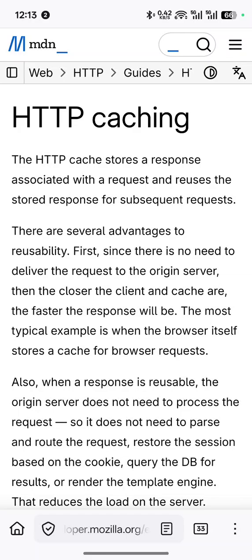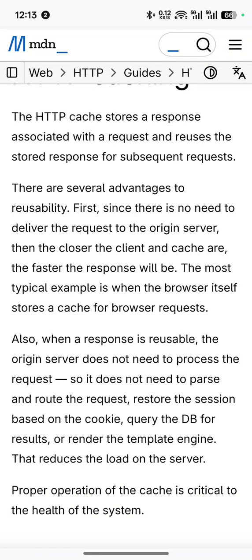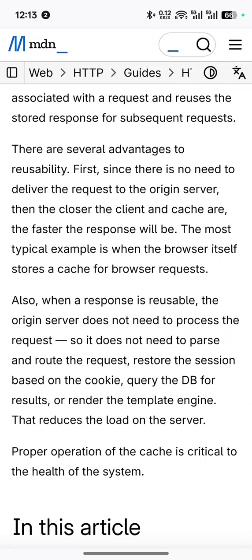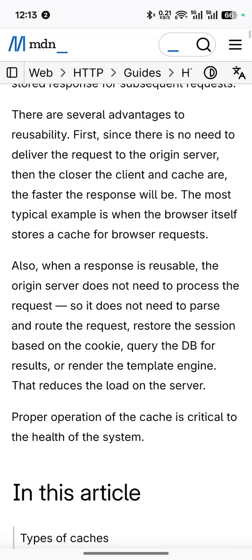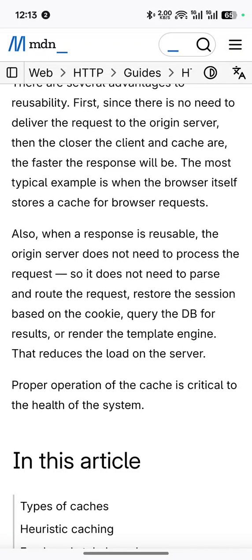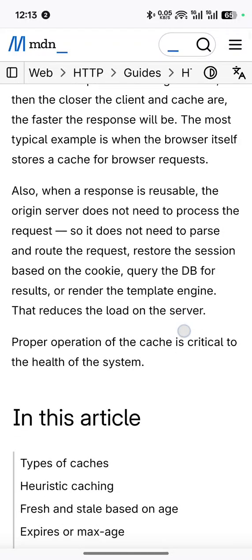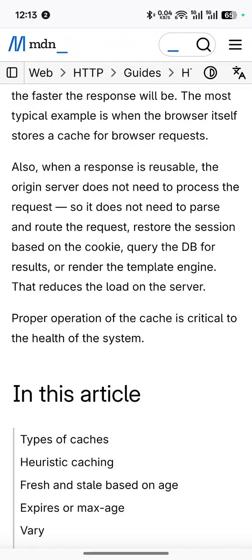First, since there is no need to deliver the request to the origin server, the closer the client and cache are, the faster the response will be. The most typical example is when the browser itself stores a cache for browser requests. Also, when the response is reusable,